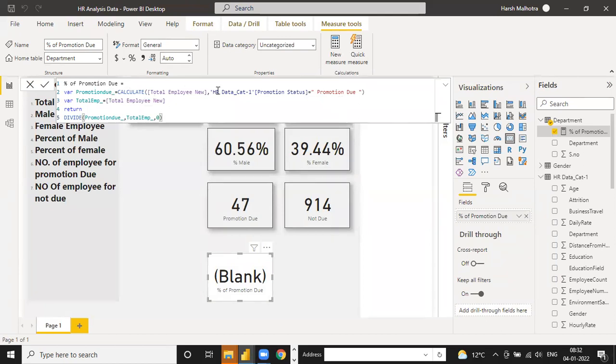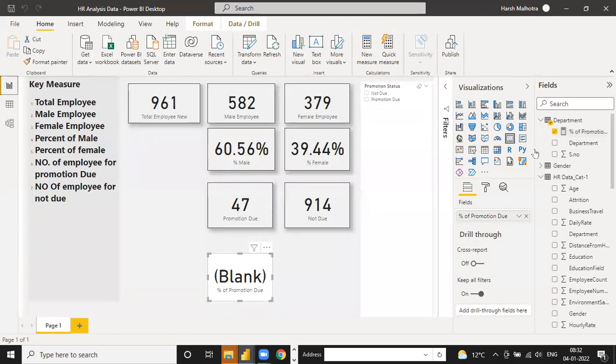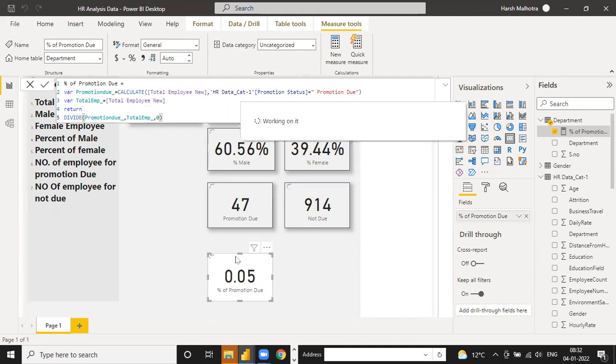Total employee, promotion due. Under due, you don't have any gap. So you can see 5%. Click on this, answer in percentage. So in total 5% you have the answer of promotion due.